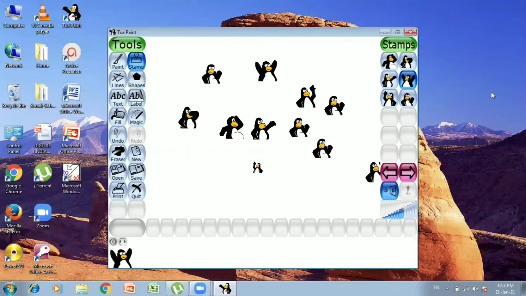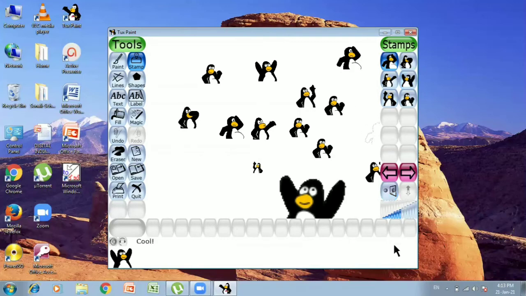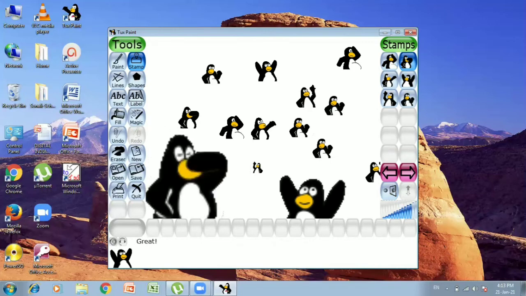If you wish, you can increase the size also. See, I have increased the size for this particular stamp and I click here. You can increase and decrease the size from this particular bar, and with this you can change the direction of the penguin's face.